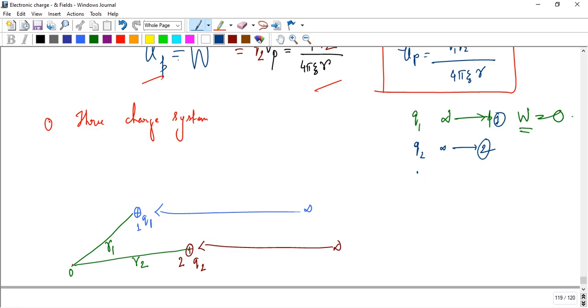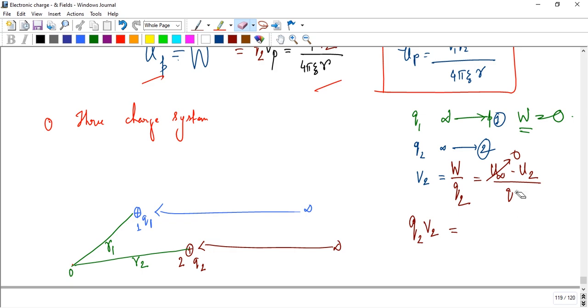So the potential V2 is W over Q2. So V2 equals W over Q2. W is the work done by the external force to bring the charge from infinity to that point. Otherwise, this charge would be swept away. So that's the work done. Now for that work done, the test charge Q2 is brought from infinity to point 2, and U at infinity is 0. So potential V2 times Q2, we get